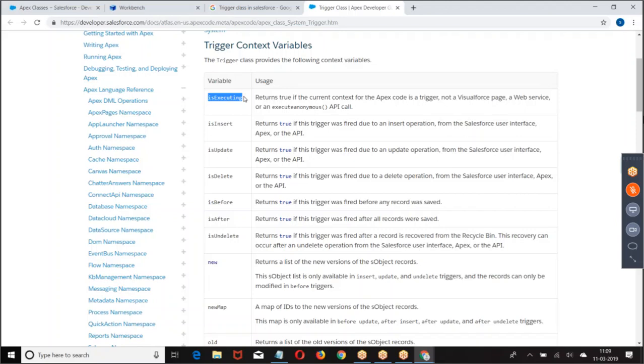I want to know that, so there I give isExecuting. That is true if the current context of the Apex code is a trigger, not Visual Force or web service or anonymous window. Apex code can be a trigger or a Visual Force page or an anonymous window or a class. Now if the current Apex code which is running is a trigger, it will give you true. I hope you are good.